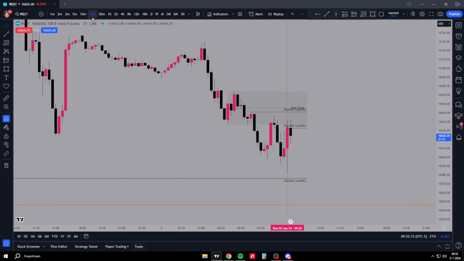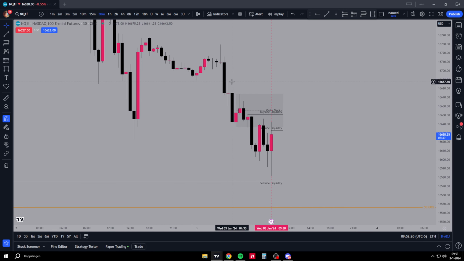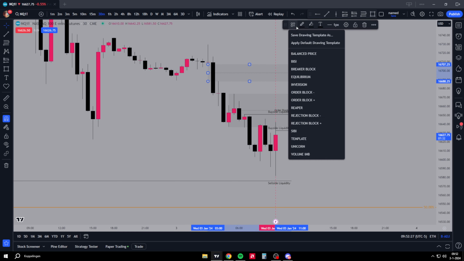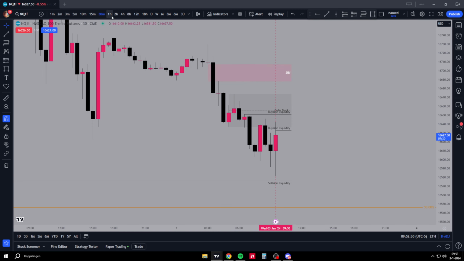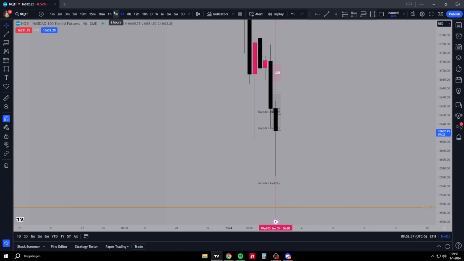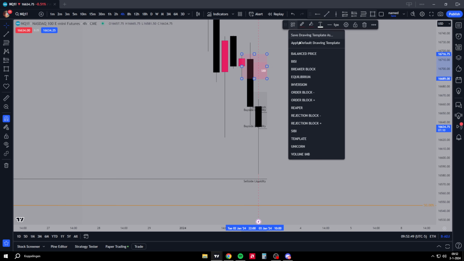Yeah, a singular fake up there. Only 30 minutes, yes, so we could turtle soup this high. We could tap into this imbalance. Which actually, let's mark this SIBI out then. And then we have this 2-hour order block, which actually in 7 minutes would be our 4-hour order block as well. So let's say we don't go past here. Let's mark out the mean threshold of this order block.